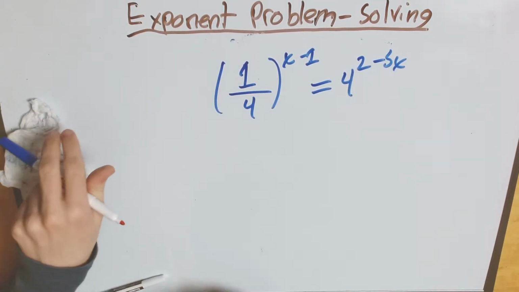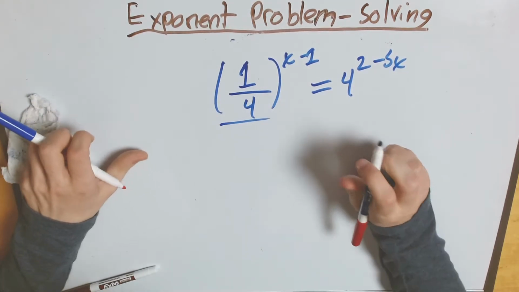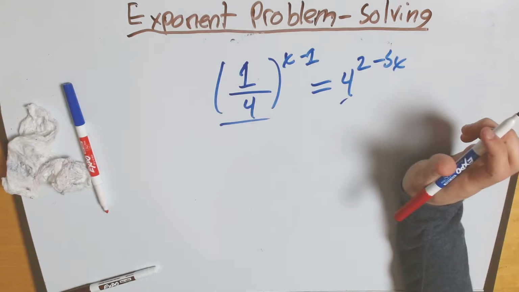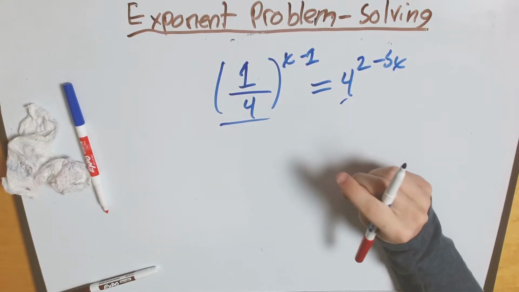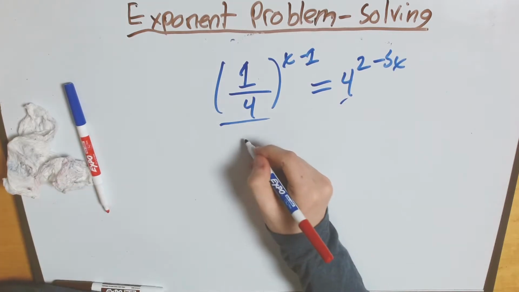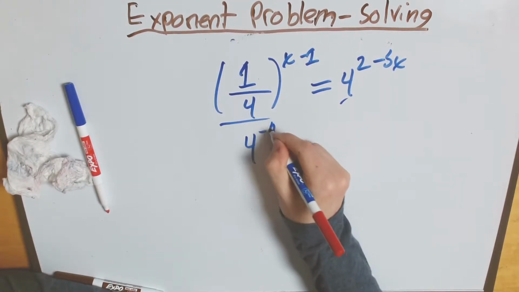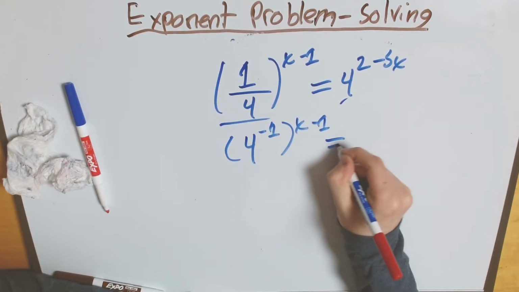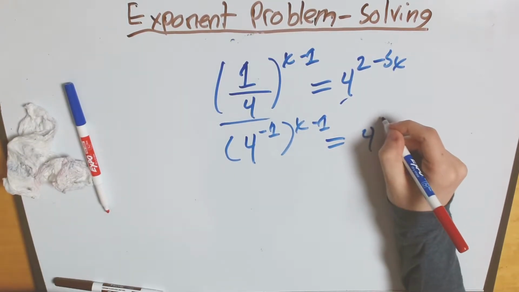Right off the bat, this 1/4 is an outlier. It's weird. I want to get it in terms of 4. But I notice, if I remember my rules for negative exponents, 1/4 is actually the same as 4 to the negative 1. So we have 4 to the negative 1 to the x minus 1 equals 4 to the 2